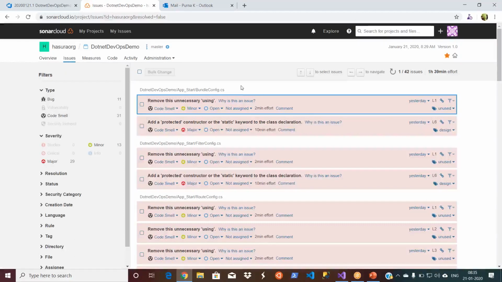But apart from that, what else can you do as an administrator? You have a lot of rules here, right? We use the term code rule set. These are all the code rule sets. Basically your rule set contains more than one rule. That's very simple.